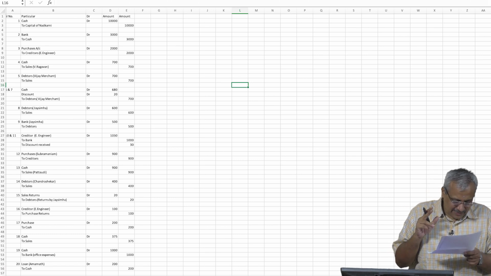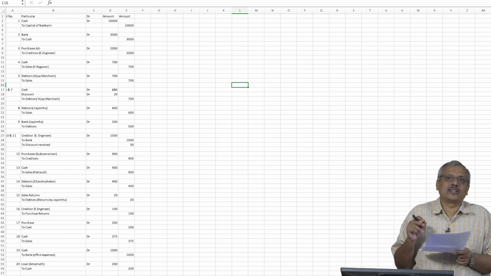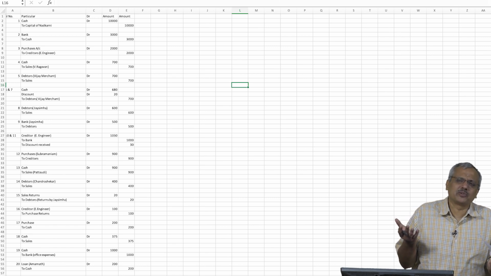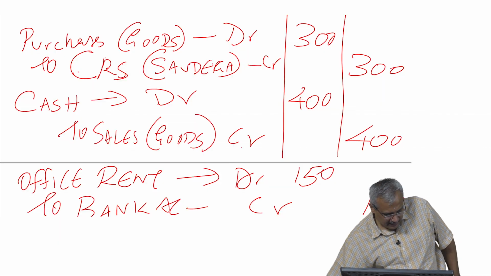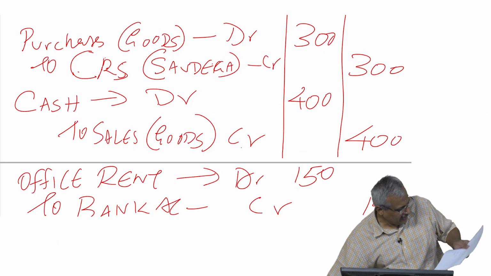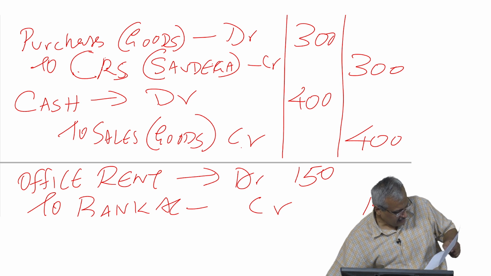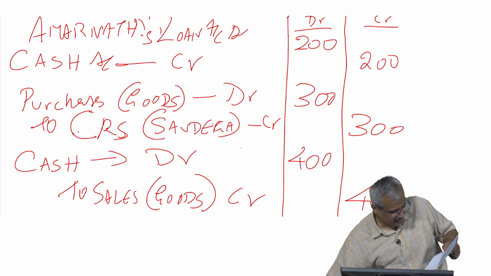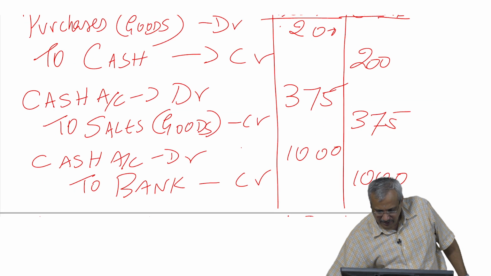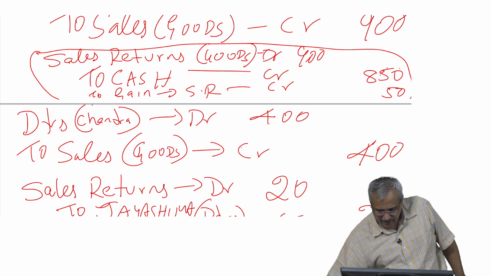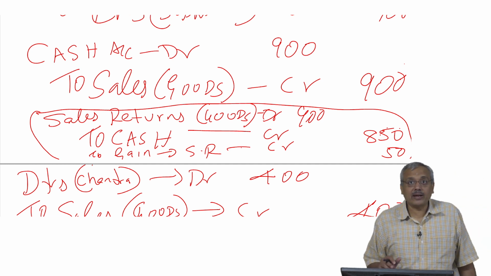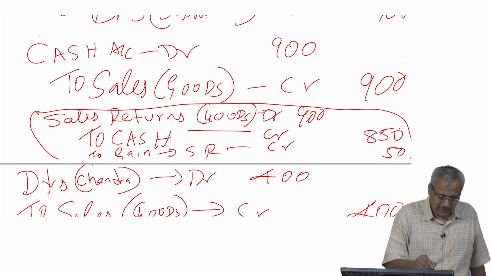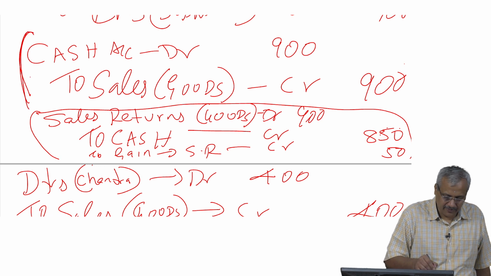We said that cash account debited to sales. Cash account debited, we are not even worried about to whom. If you go back, you can see we say cash account debited to sales is the journal entry. That is what we made in this case, with an amount of roughly 900.